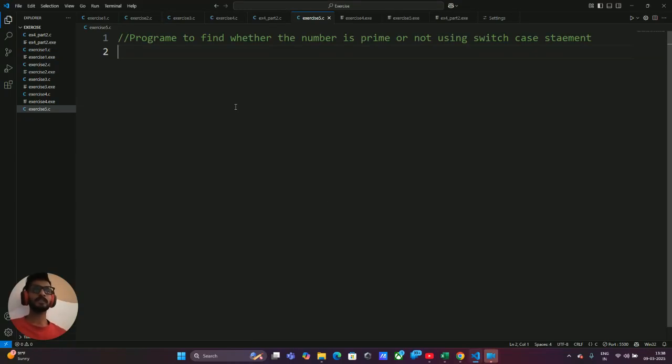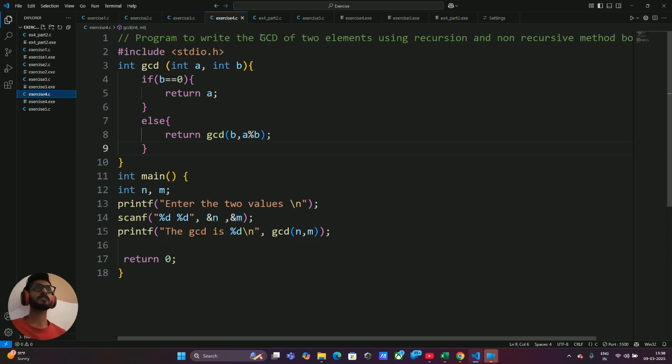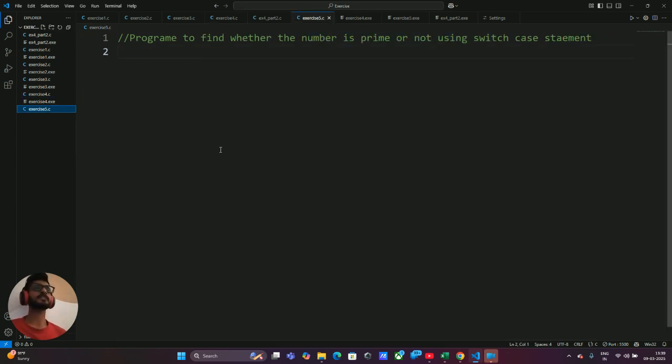Okay, so till the last question, we have solved how to calculate the GCD of two elements using the recursive and non-recursive method form. So in today's exercise, we are going to find whether the number is prime or not using the switch case